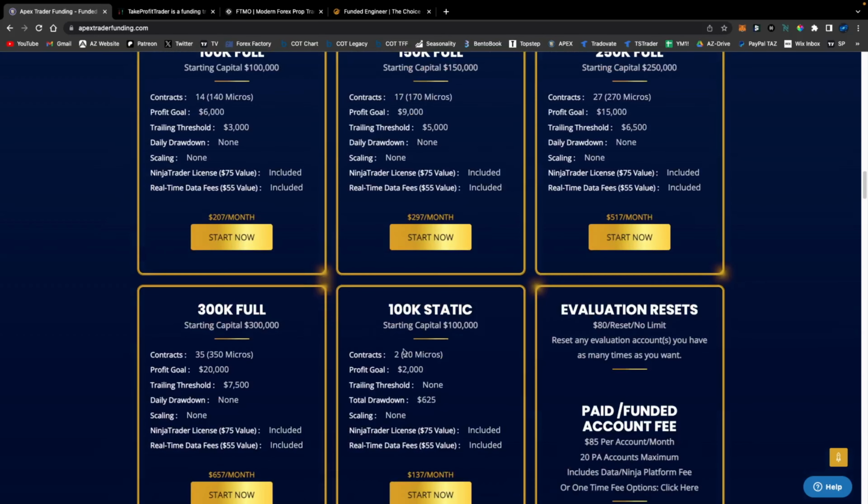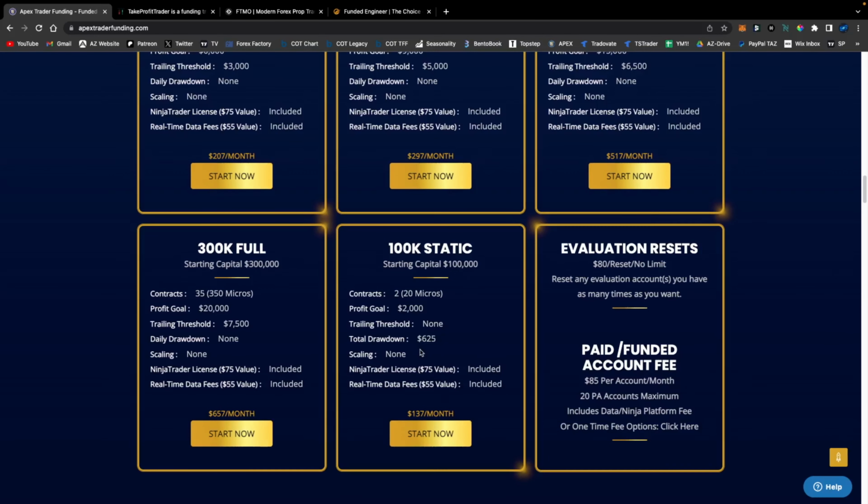Of course, there are also static accounts where your drawdown is locked in, but, well, for a 100k account, being only able to risk or to lose a total of 0.625% to make 2%,